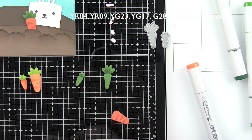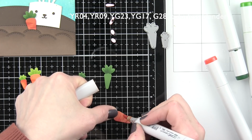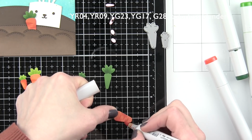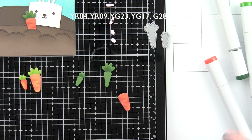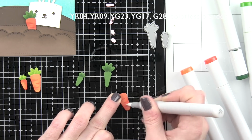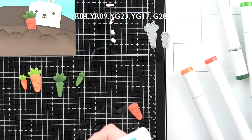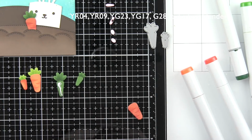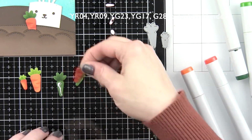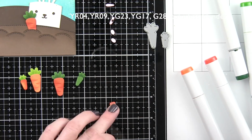I die cut many more carrots than I thought I was going to need, so I had tons of them, and somehow I ended up using every single carrot, and I didn't have to die cut any extras, which was great, but I used all of them. I thought there was no way I would fill the garden, and I loved them so much, and I thought they were so stinking cute and fun that I ended up using every single one, including one that I'm going to tuck into the bunny's arms,